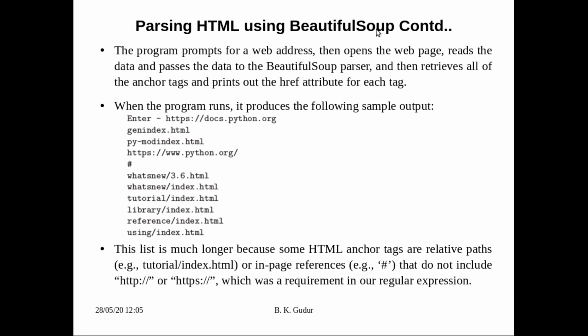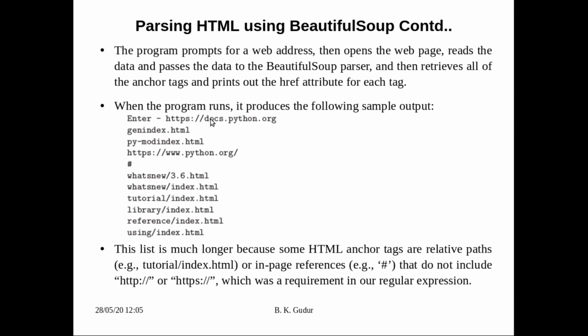The program prompts for a web address, then opens the web page, reads the data and passes it to BeautifulSoup. That particular parser retrieves all the anchor tags and prints the attributes of that tag. Whatever attributes are there in that tag, it will print, right? So when the program runs, we get something like this. Even if we say https